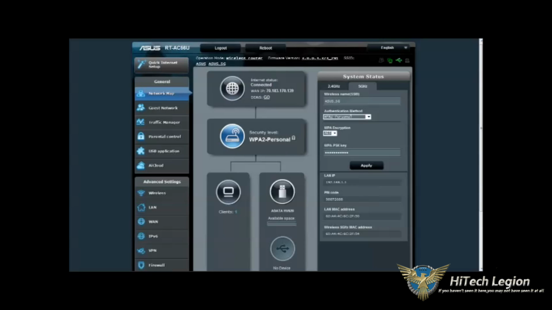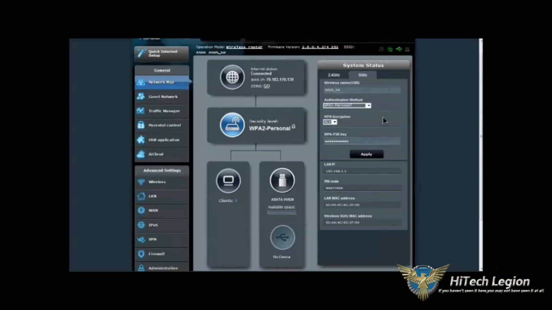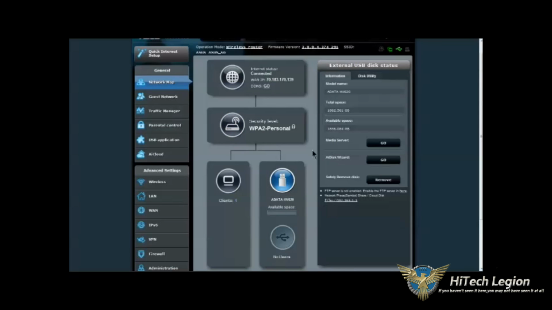So what I've done here is I've hooked up the router and I've plugged in an external USB 3 hard drive to the USB 3 port. And what we have here on the front main page of the router is the device showing up. So we can click on that device and you can set up the media server or the AI disk,